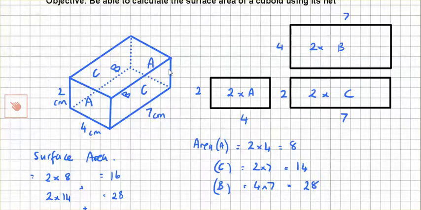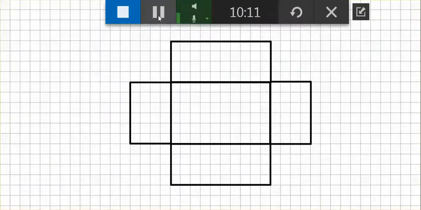Okay, so tell you what, why don't you now, using the cuboid that we've just done, I would like you to draw the net in however way you want. But with the person next to you, can you maybe come up with 2 different nets? So one of you do one, the other one do another, and make sure it's all labelled correctly with the right length. Okay? Or just come up with one and then we'll compare. Okay, so